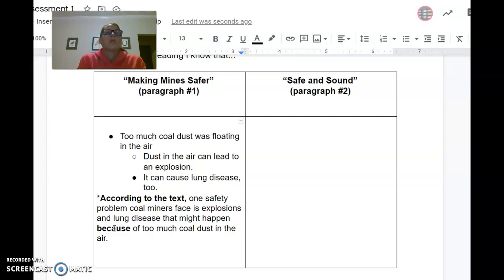So today when you come to class, be prepared to start working on your chart, whether it's in your notebook or whether you're going to do it in your Google Docs. It's up to you. But this is what we're going to be doing today in our small groups so that you can have time to do a well thought out, planned, written response to number 14.